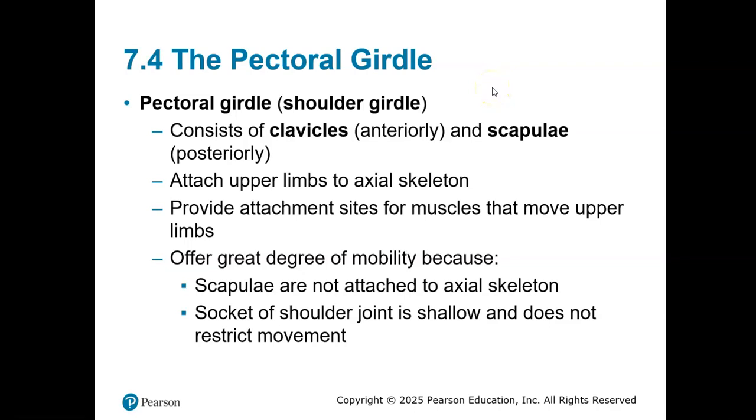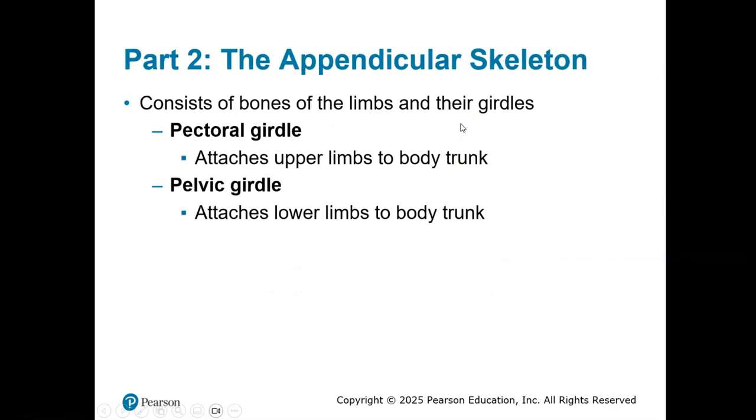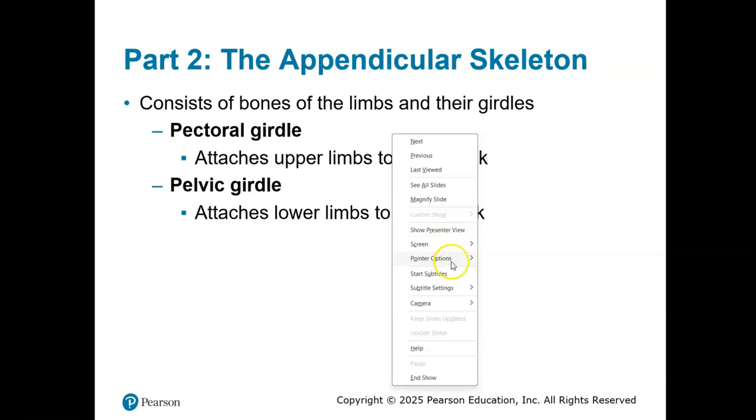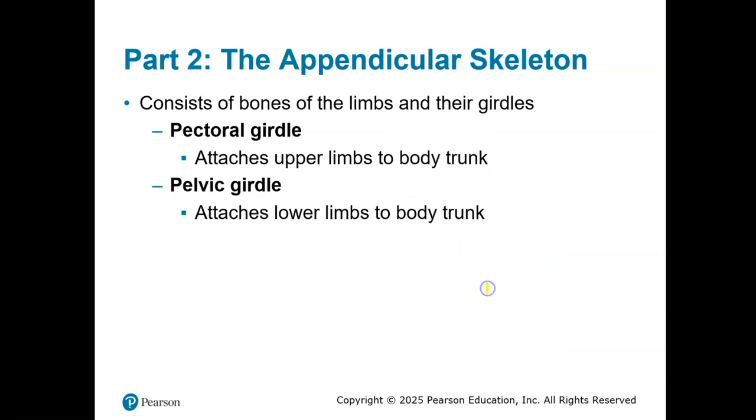This will be part 3 and hopefully the last recording for chapter 7. We're going to start with the appendicular skeleton. So we're in part 2, the appendicular skeleton. That's going to be the upper limbs and lower limbs, which pretty much we just say legs and arms. And then it's also going to include the